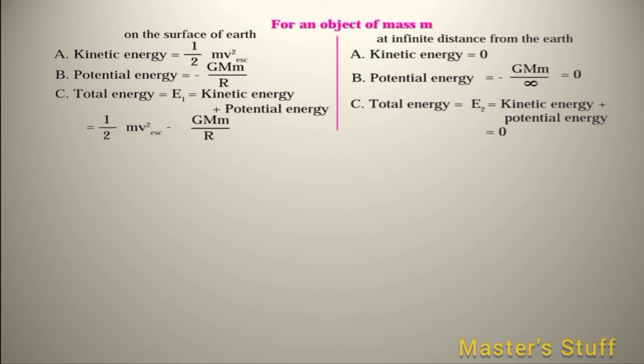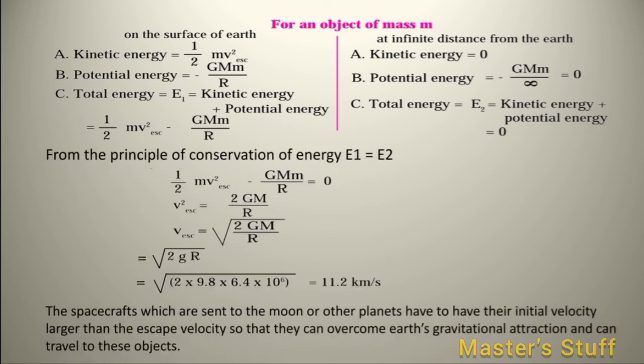At infinite distance from the earth, the kinetic energy will become 0. Potential energy will be equal to minus GMm upon infinite. Thus, the potential energy will also become 0. Total energy, addition of kinetic and potential energy, will also be 0. From the principle of conservation of energy, E1 equal to E2. Therefore,